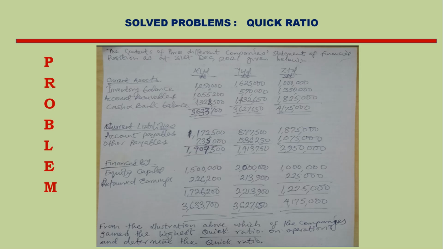1,825,000. Total current assets for X Limited 3,633,700, Y Limited 3,627,650,